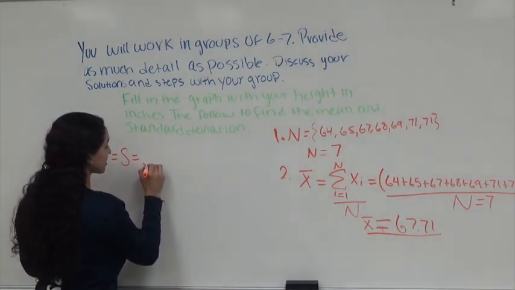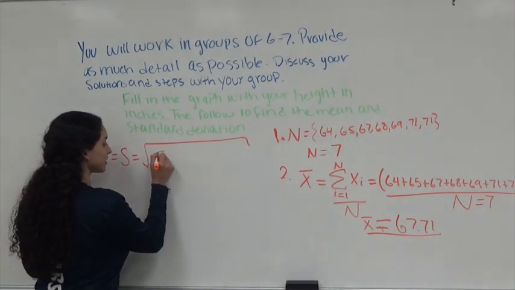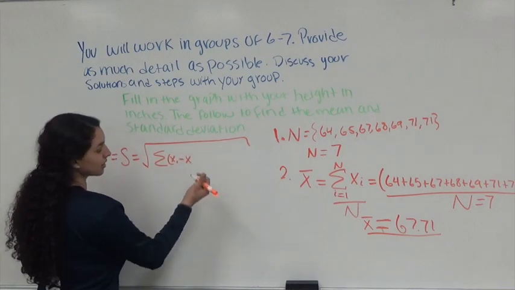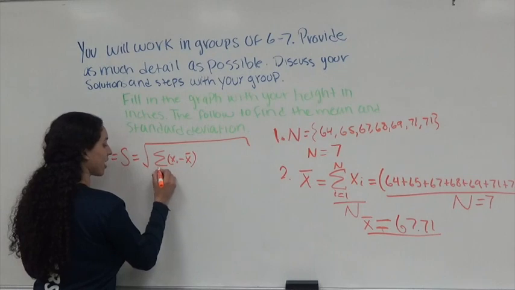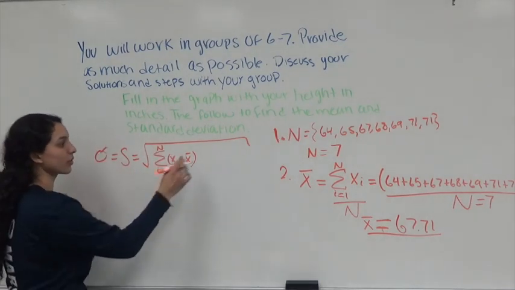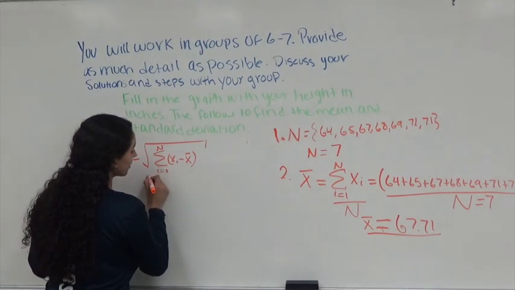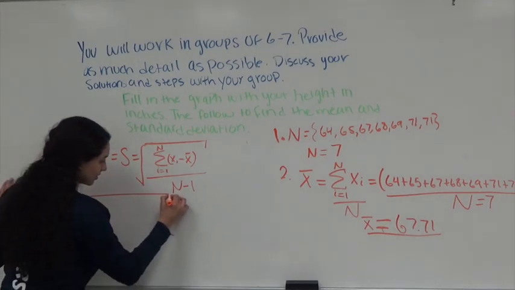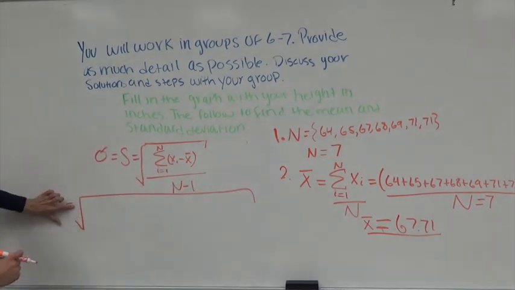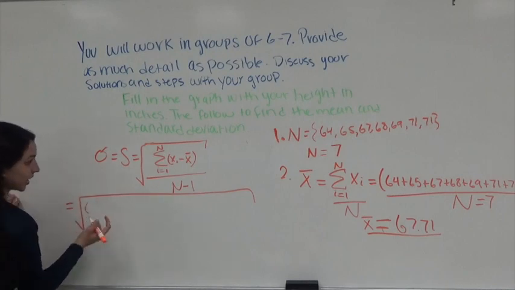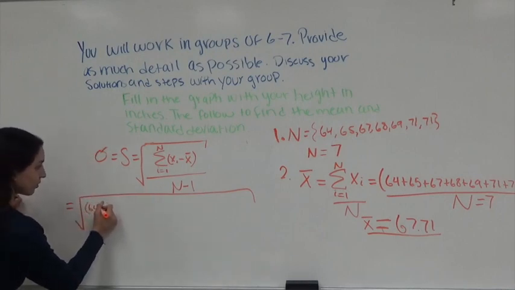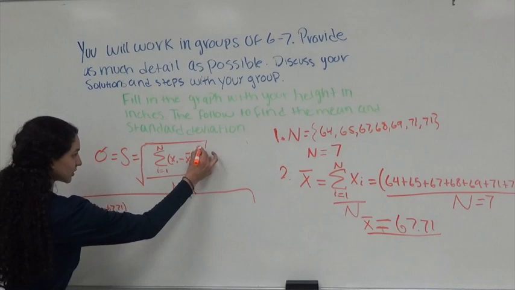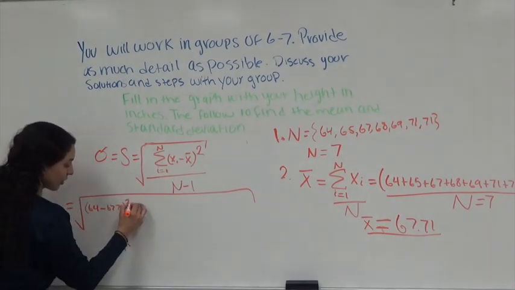And the formula for that is the square root of the summation of all the x's minus the mean, where i is equal to 1 all the way to n, which is the total number of elements, all over n minus 1. Any questions? So we have our huge radical right here. And we begin. The first number is 64, so it'll be 64 minus our mean, 67.71. Oh, sorry, squared. So it'll be squared